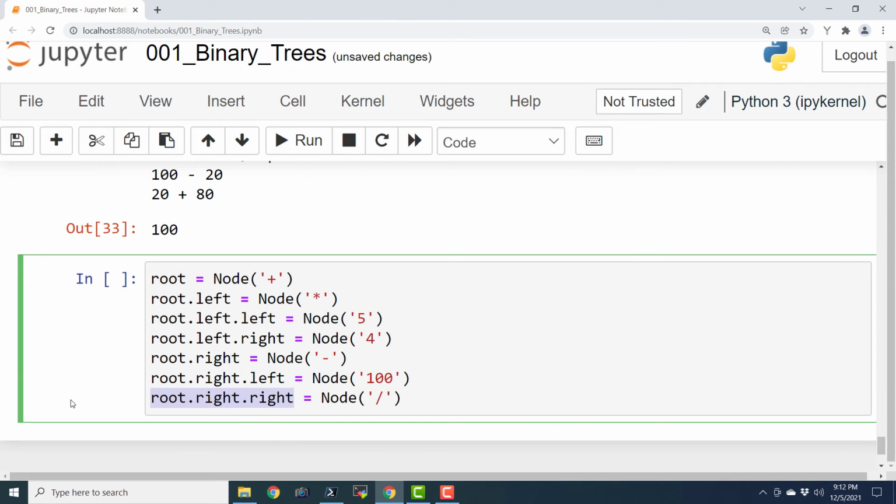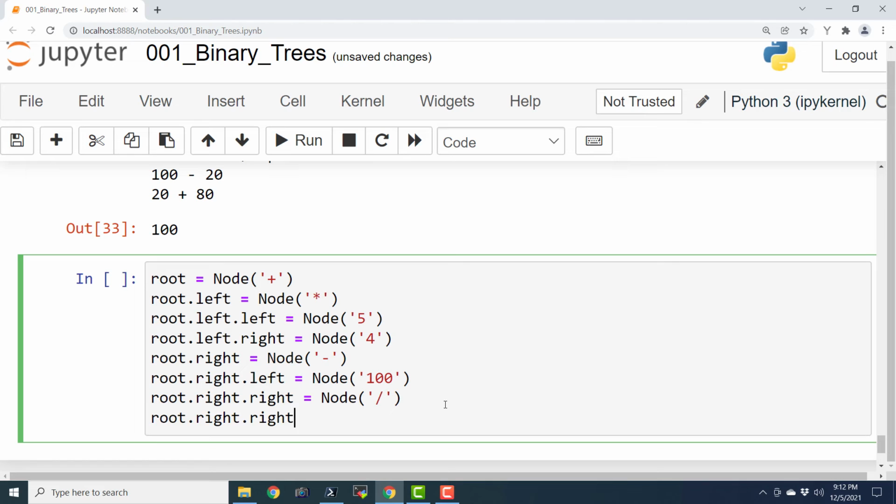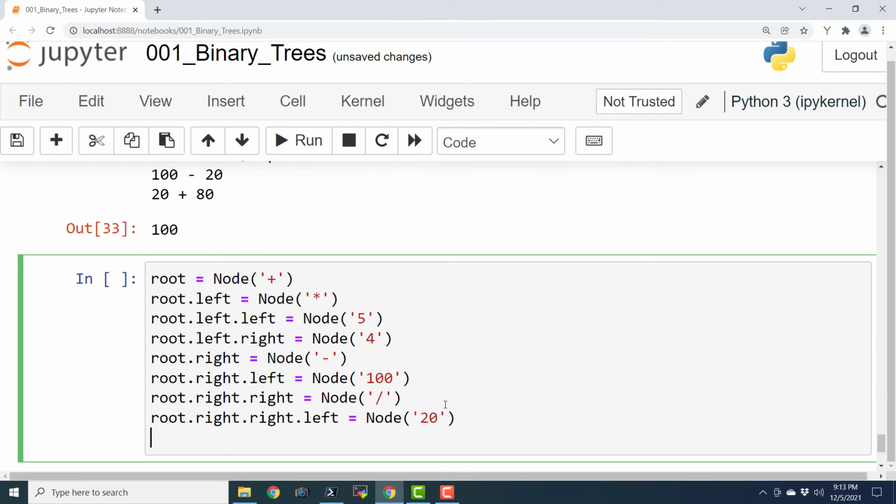Here left equals node of 20 and here right equals node of 2. So this is the new tree structure. In place of 20, we replaced it by 20 divided by 2, so it is going to be 10.